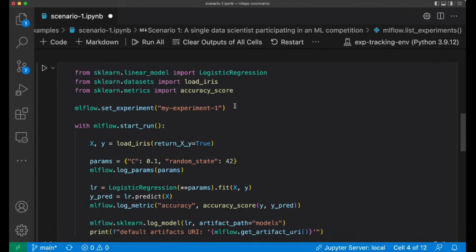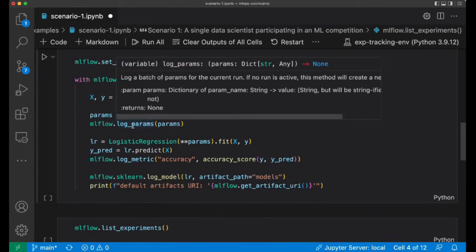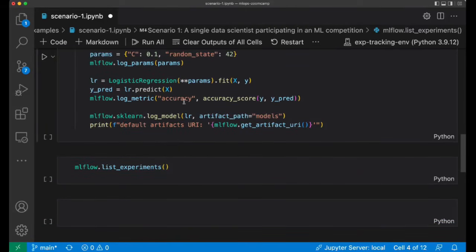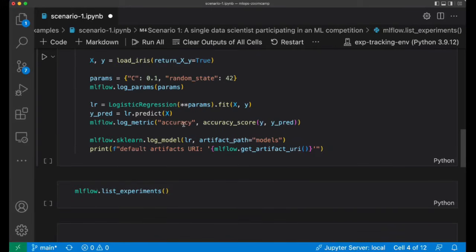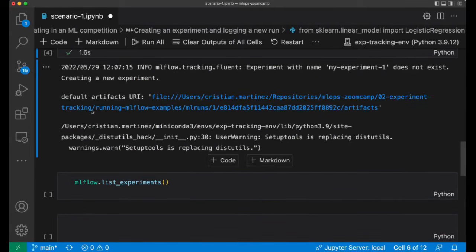In that case, MLflow will create the new experiment, right? And then remember, this code is basically a toy example, which is logging some parameters to MLflow, training and making predictions with logistic regression on the same data, because this is just a toy example. And then it's logging only one metric, which is accuracy. Finally, we will log the model here to this artifact path, and we're going to ask MLflow where these artifacts are being stored. I'm going to execute this, and after almost 2 seconds, we can see that